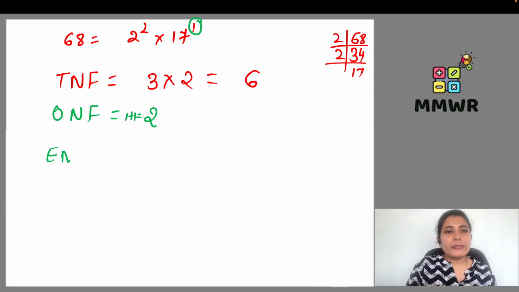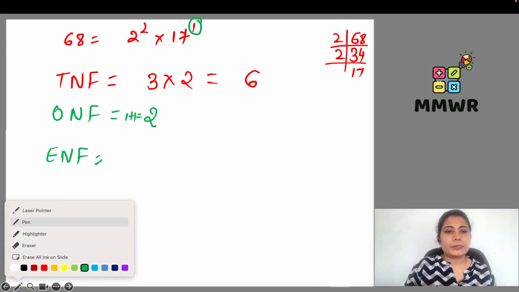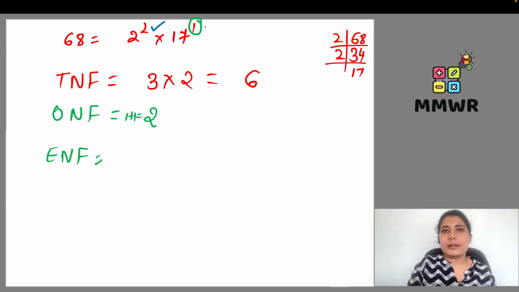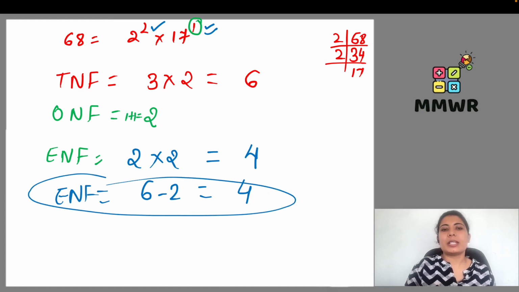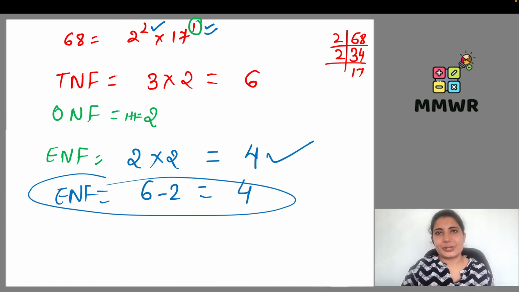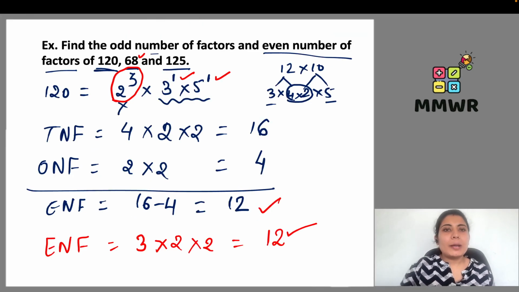For even number of factors, I will be writing this power as it is, and here I need to add. So 2 as it is and 1 plus 1, 2. So 4, which I can also get as 6 minus 2, which is also 4. Even number of factors can be found this way too, and by this method also. Okay. One more number I had here,